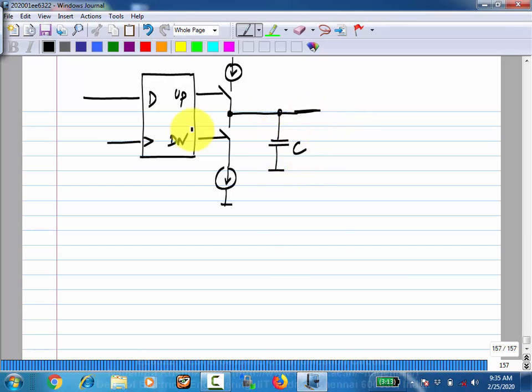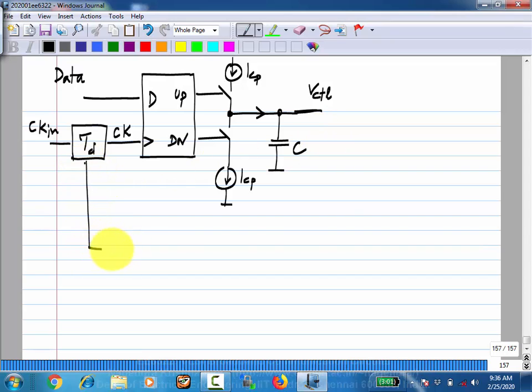We know that if there is a phase difference between data and clock, you will have both up and down pulses, but the average will be proportional to the phase difference. And this control voltage controls that one,